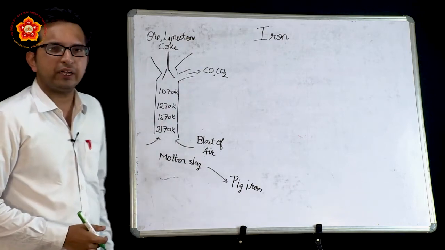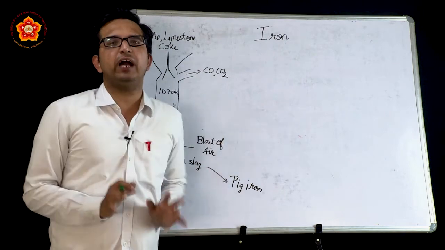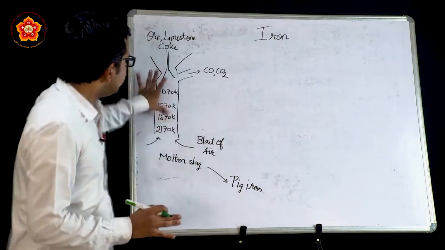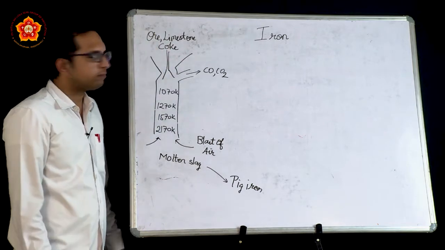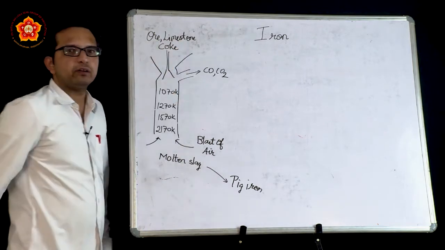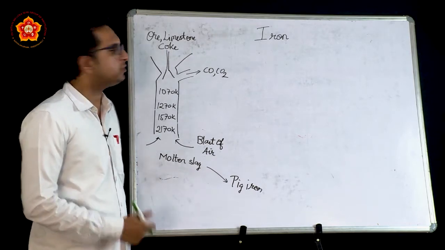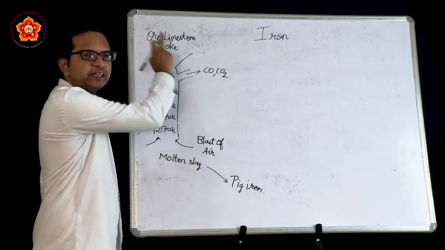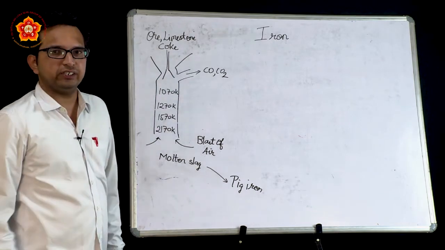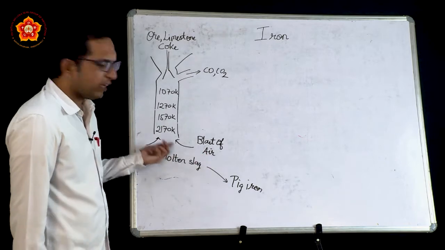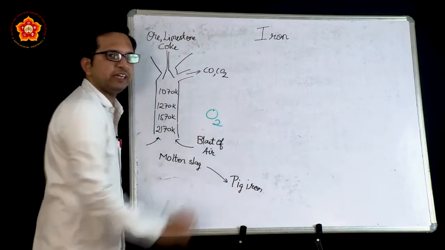It has a lining material used in vessels so that it can withstand very high temperatures. In these cases, there is an ore added which happens to be hematite ore, limestone added which will act as a flux, which we will discuss at a later stage, and then coke which acts as a reducing agent. A blast of air is passed from below, and this blast of air is nothing but oxygen gas.